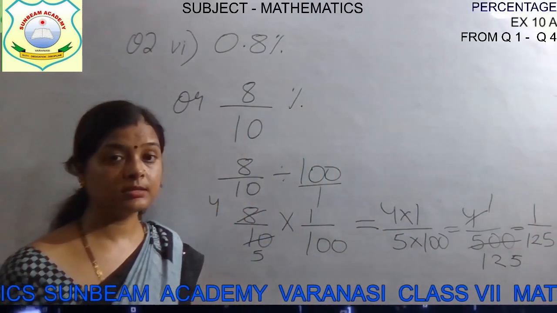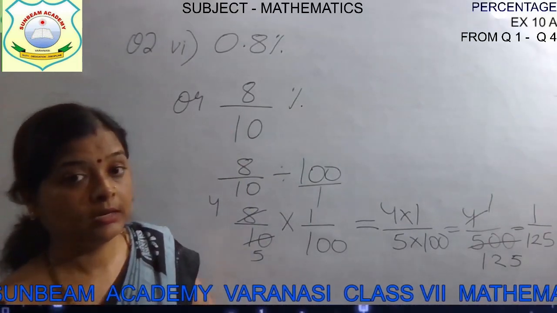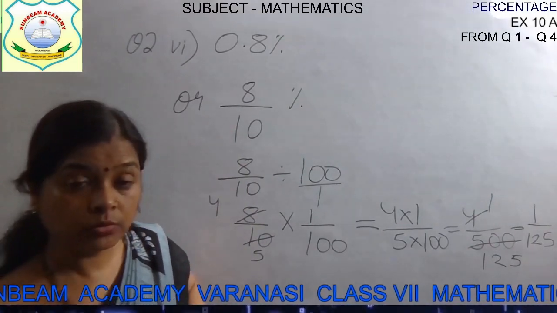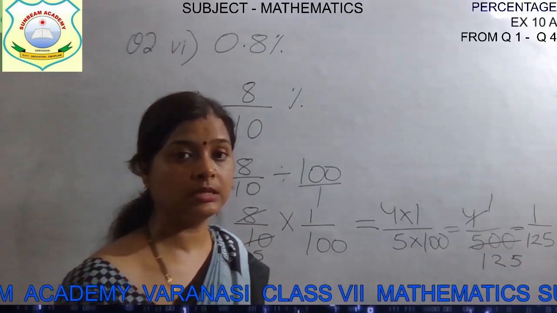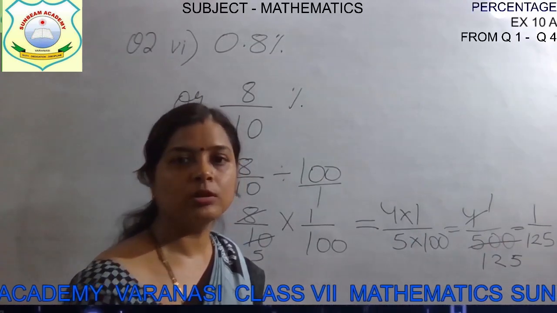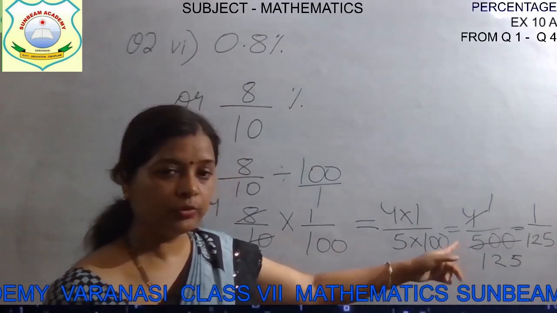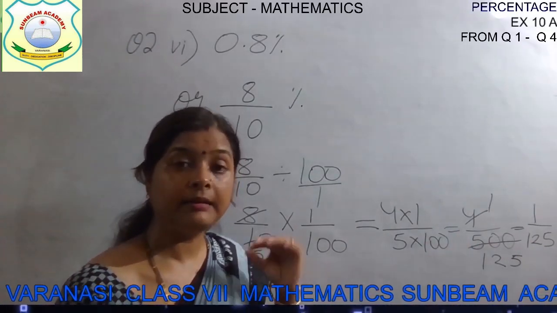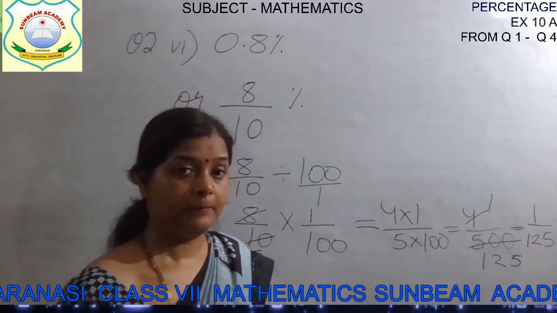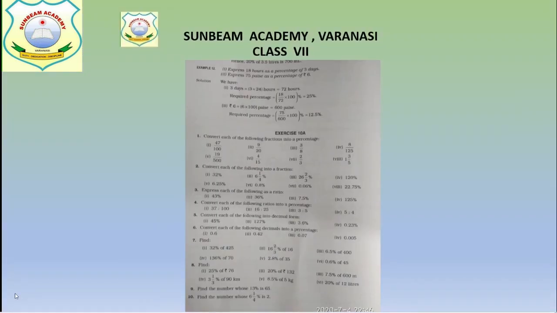We forgot this, isn't it? When I switched to the question, I thought let me see my answer. Is it in simplest form? No. So we have to check it side by side, children. Although we are solving lots of questions, otherwise if you leave it this way, half marks will be deducted. We have to simplify it as far as we can. Now question number 6 we have done.